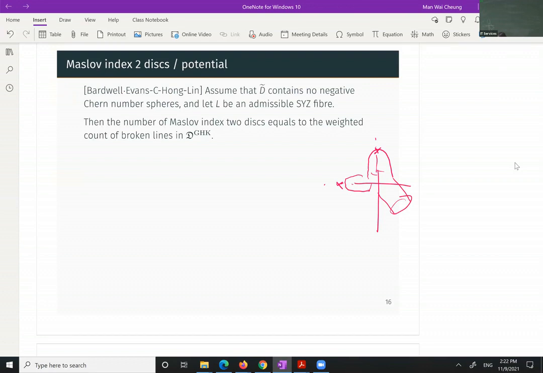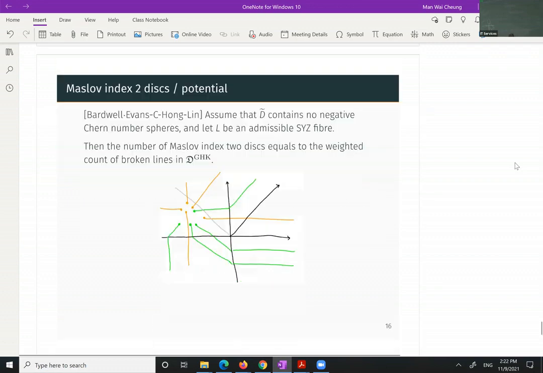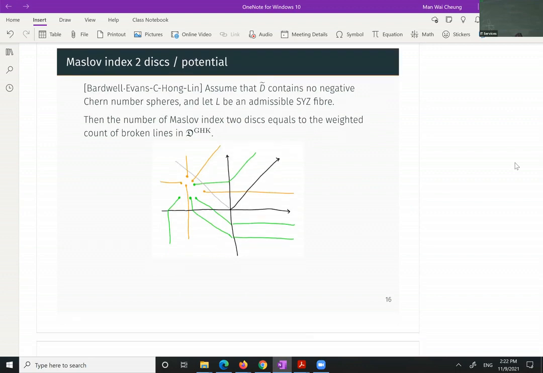But if the boundary divisor doesn't have negative Chern number spheres, then we have everything good enough: the number of Maslov index 2 discs agrees with the broken lines in the Gross-Hacking-Keel